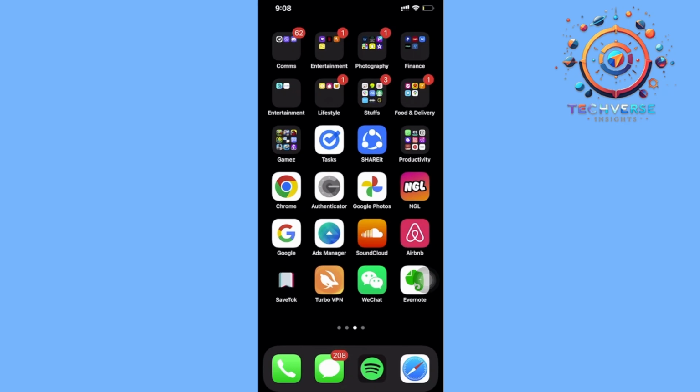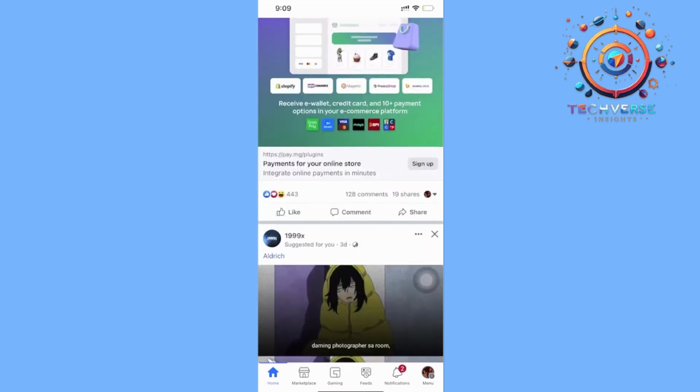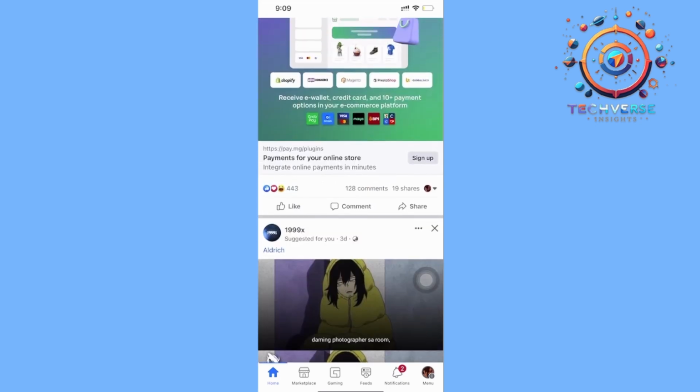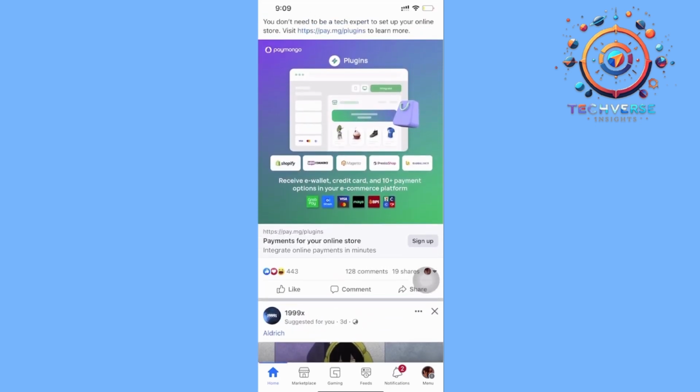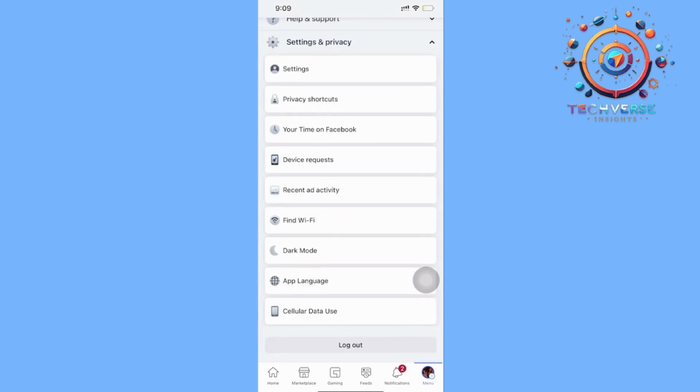Hey guys, today let's learn how to deactivate our Facebook Messenger accounts on iPhone. If you want to go ahead and do this and deactivate your Facebook Messenger accounts, it's going to be pretty easy. Now, it's just the same as doing that on Facebook itself, because since Facebook and the Facebook Messenger app are interconnected, when you deactivate your own Facebook profile, it's going to go the same